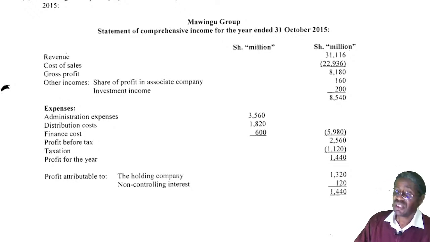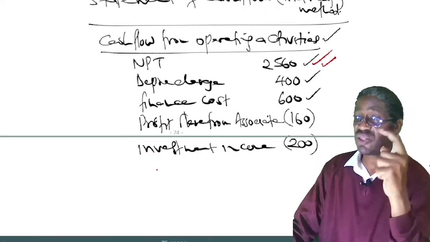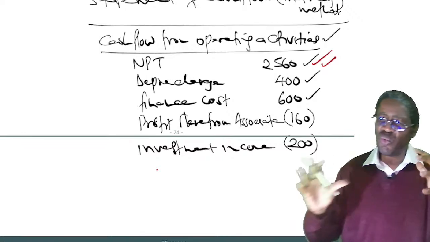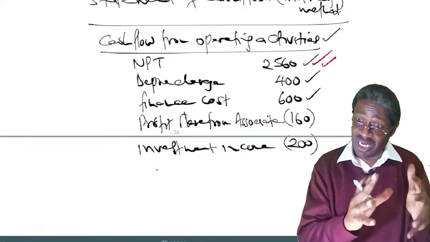But don't forget, I've adjusted the 200 investment income because it is not supposed to remain as an operating item. Good. So now that we are through with the items from the income statement,